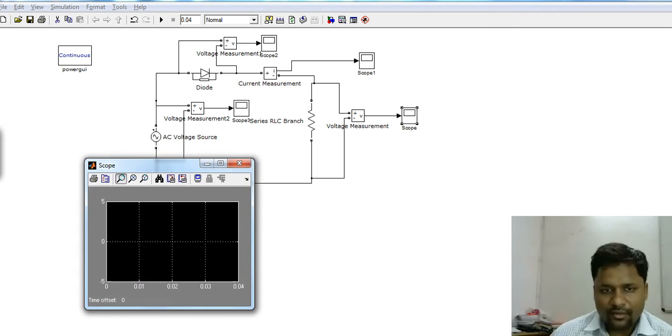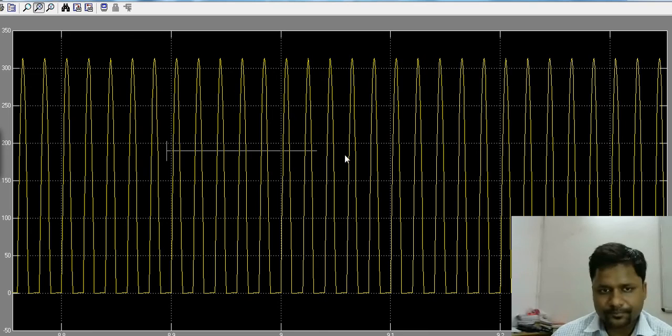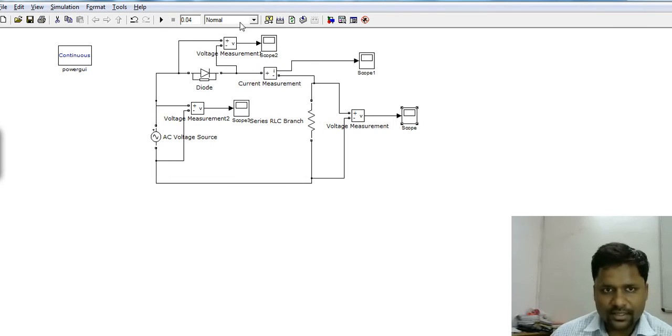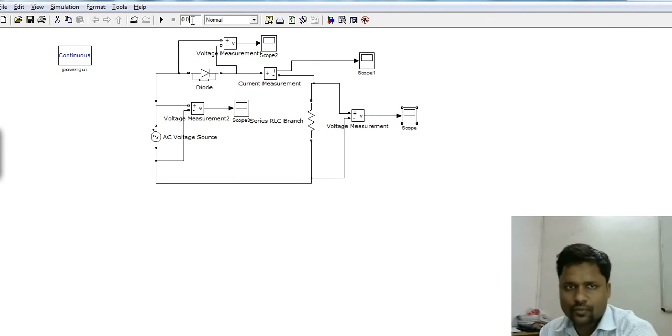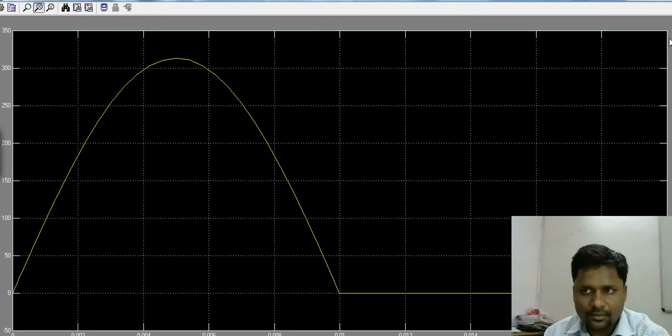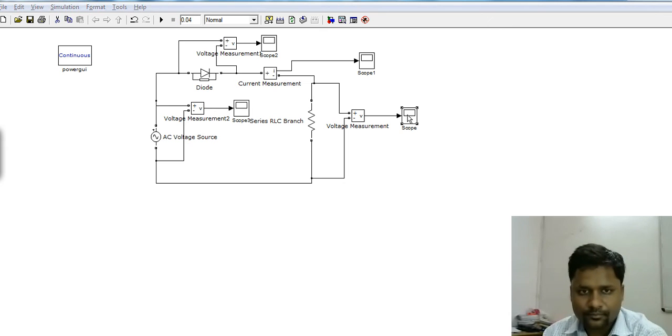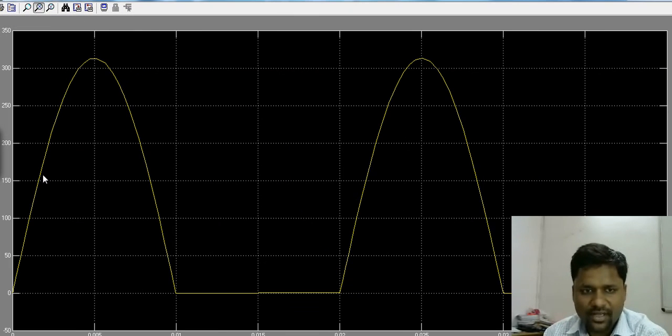Okay, now we are getting the output voltage like this. I think it should be 0.2. Here we are getting the output voltage of DC nature.